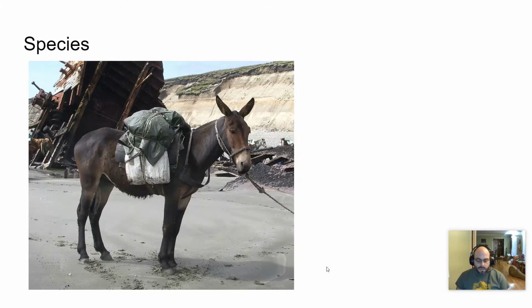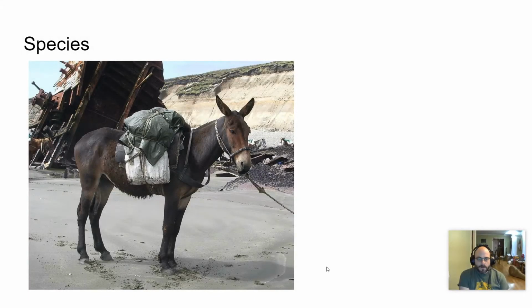A species is a group of organisms that are capable of interbreeding to produce fertile offspring. So why do I have a picture of a mule? Well, a mule is not a species. It is a hybrid between donkeys and horses. It's not a species because two mules cannot make another mule. They are not fertile. And so a donkey and a horse are isolated from one another because they cannot produce